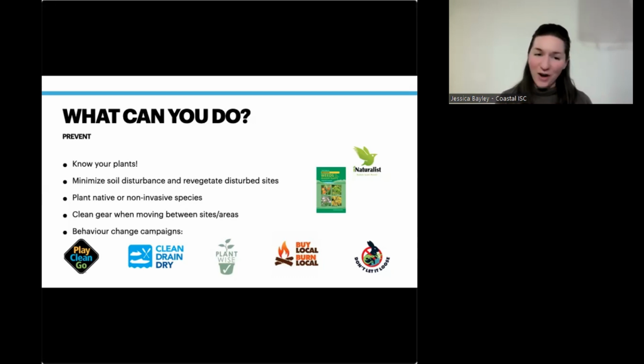But if you have your heart set on certain species, just make sure that they're not invasive before you plant them. And as I mentioned before, clean your gear when moving between sites or areas, whether that be brushing off your hiking boots after going for a hike, or cleaning, draining and drying your boat